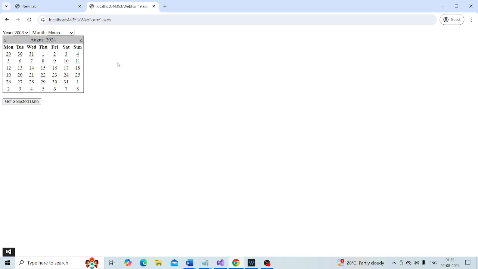So let's see how to do that. Obviously it should happen when the selection in the drop down list changes. So I should set the AutoPostBack property of this drop down list control to true. So let's go ahead and do that.